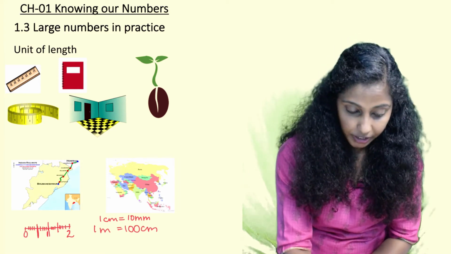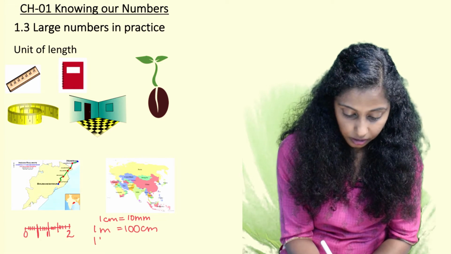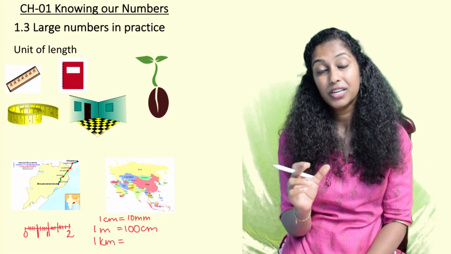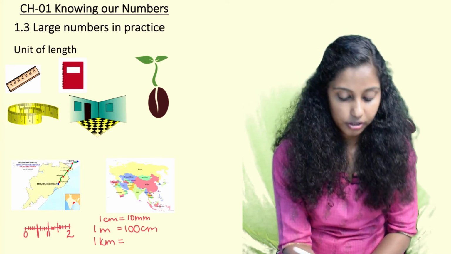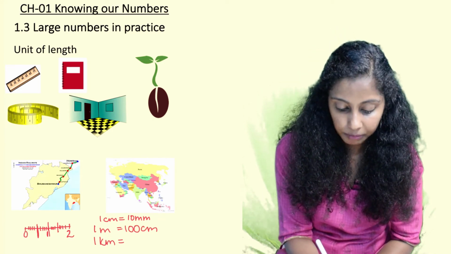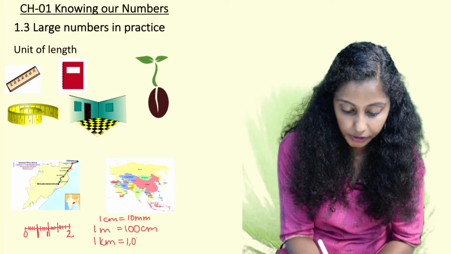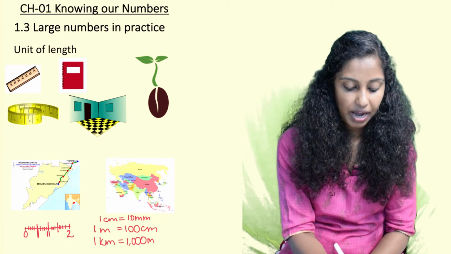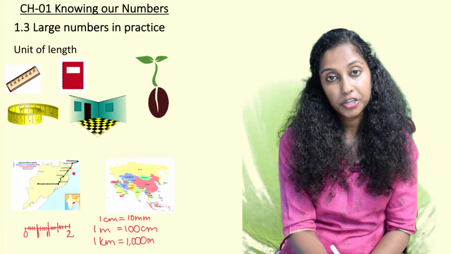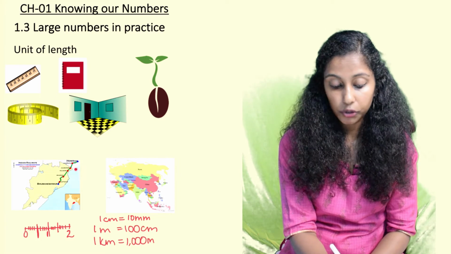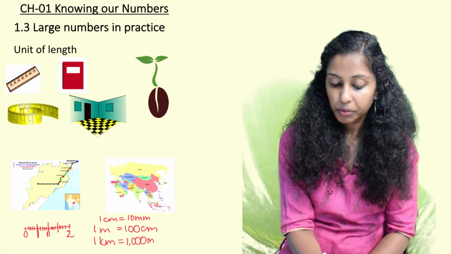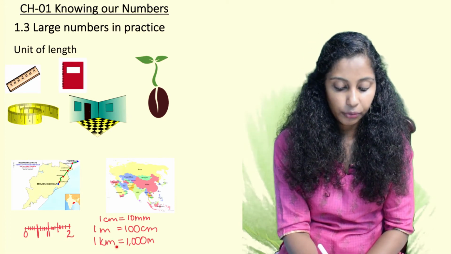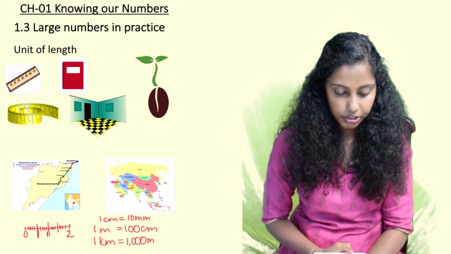Then we have another unit bigger than meter, called a kilometer. When the distance is very huge, when meter is not sufficient to measure certain lengths, then kilometer comes into picture. 1 kilometer is equal to 1000 meter. As you can see, we have shown a map. To measure the distance between two cities or two states, kilometer is used. Similarly, to measure the distance between various countries and continents, the unit used is kilometer.